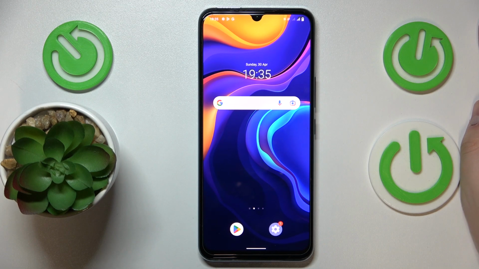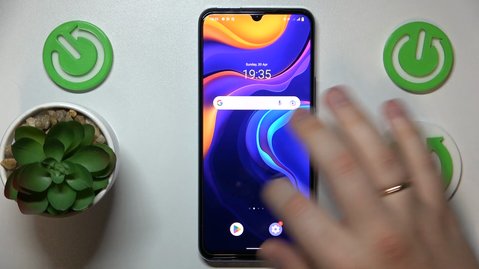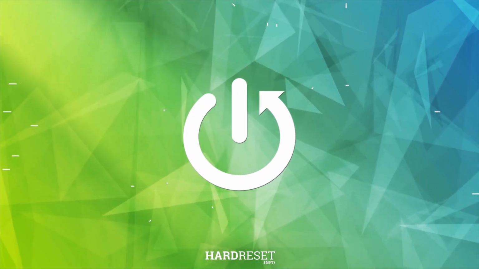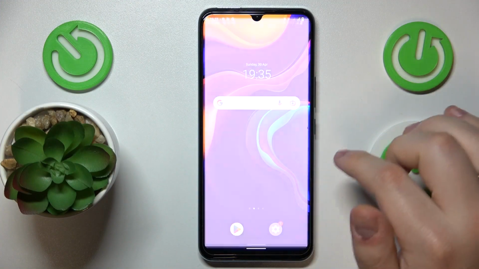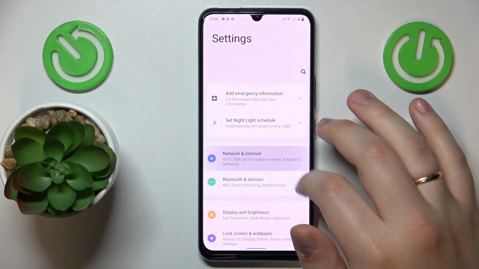This is VIVO IQOO U5X, and today I would like to show how you can share the Wi-Fi network password on this device. So to start, we will need to launch Settings, then find and enter the Network and Internet category, onwards tap